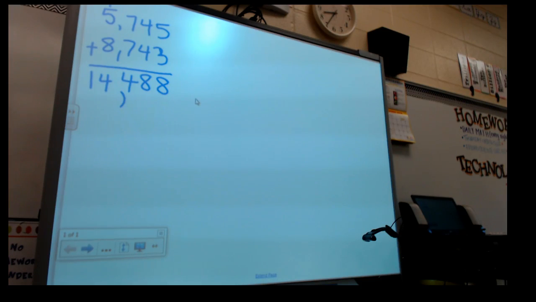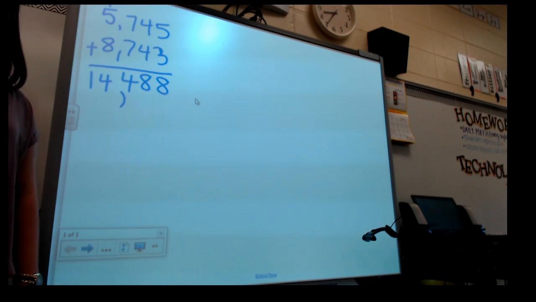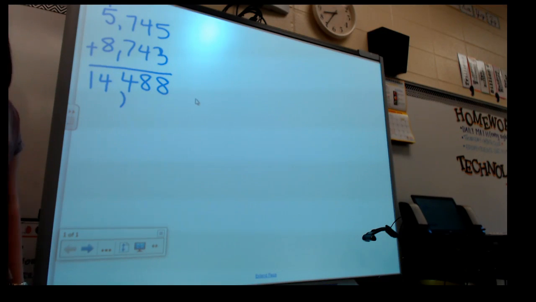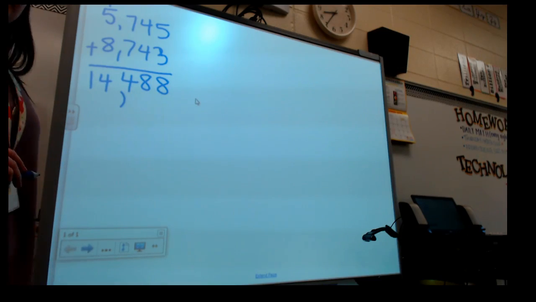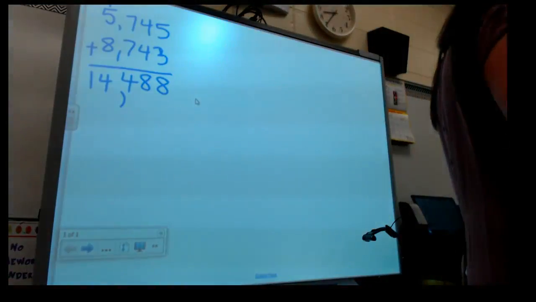What does that mean when I say count 3 places for my period? Lena? Okay, so a period just means that there's 3 places that are being held. So I go 1, 2, 3, put a comma. Does that make sense? All right, what's the next one?